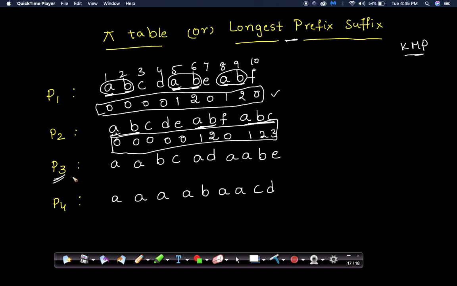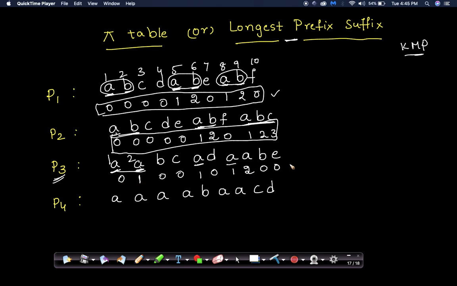Let's take this example. Let's start from A. Is A present anywhere else in the string? Yes, it's near here. Then I'm going to put 1 here, and similarly 1 is present here and 1 is here, and one more 1 is present adjacent to each other, then I'm going to put 2. This is 1 and 2, and 2 also contains the A, so I'm going to put 2 here, and all the remaining characters I'm going to put as 0. I hope you understand this.